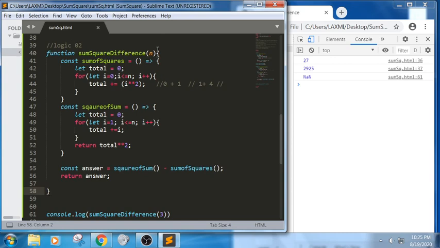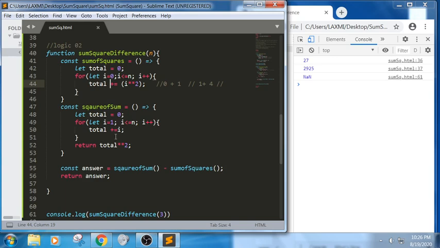What is the value we are trying to pass now? The value is 3. Next we iterate the loop, total, i equal to 0 and i less than or equal to n, in the sense n would be 3 here, and it will iterate the values. Yes, we got it.